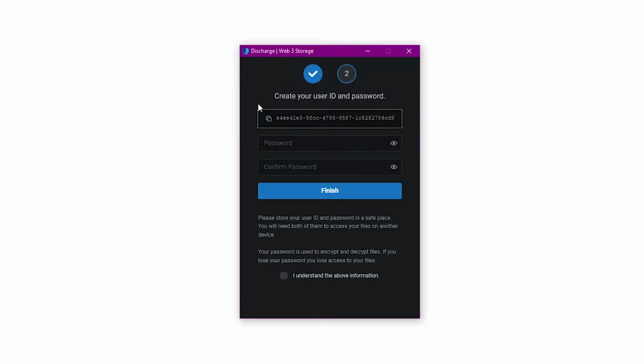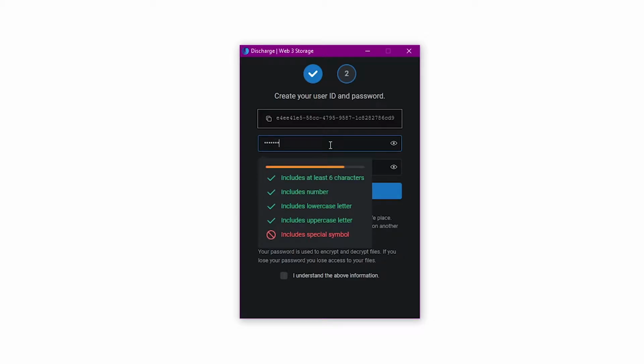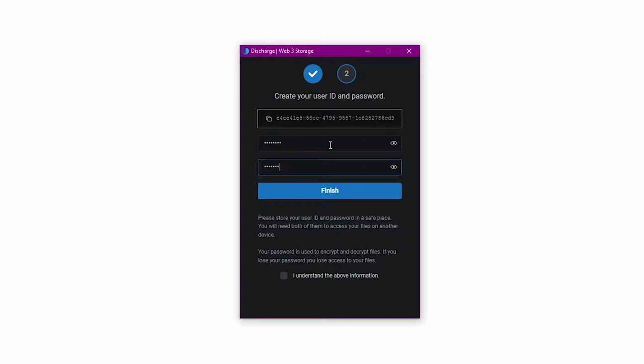Now the application automatically generates a unique user ID for us that we can copy down and use to access our files on other devices. The way it does that is that the files uploaded to Filecoin are tagged with this unique ID, so that we can access them using this ID, and we can separate which files belong to which user. Next, we have to create a password,